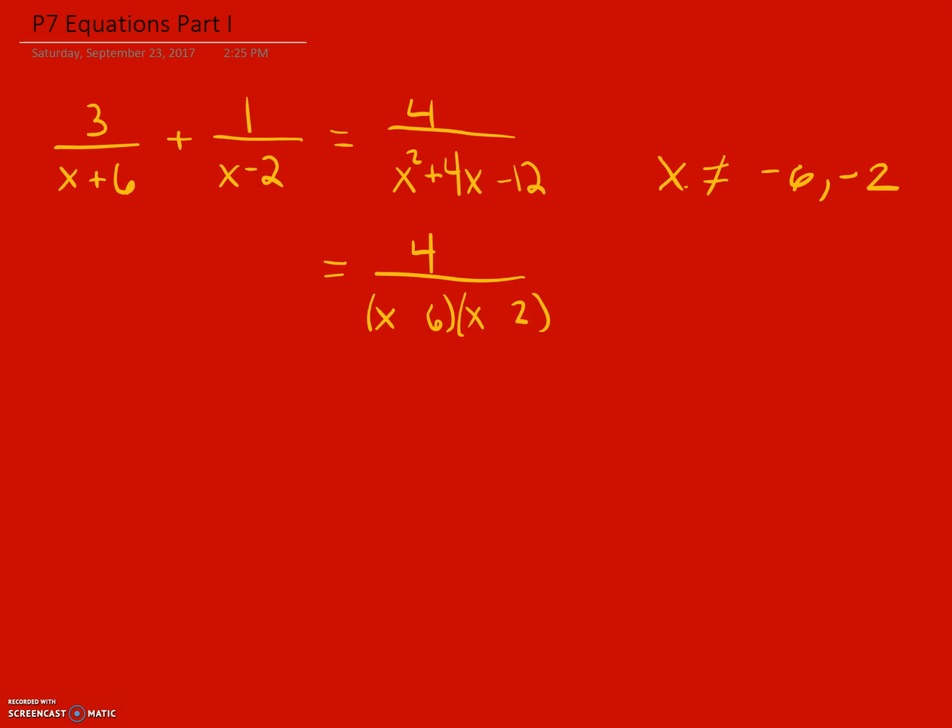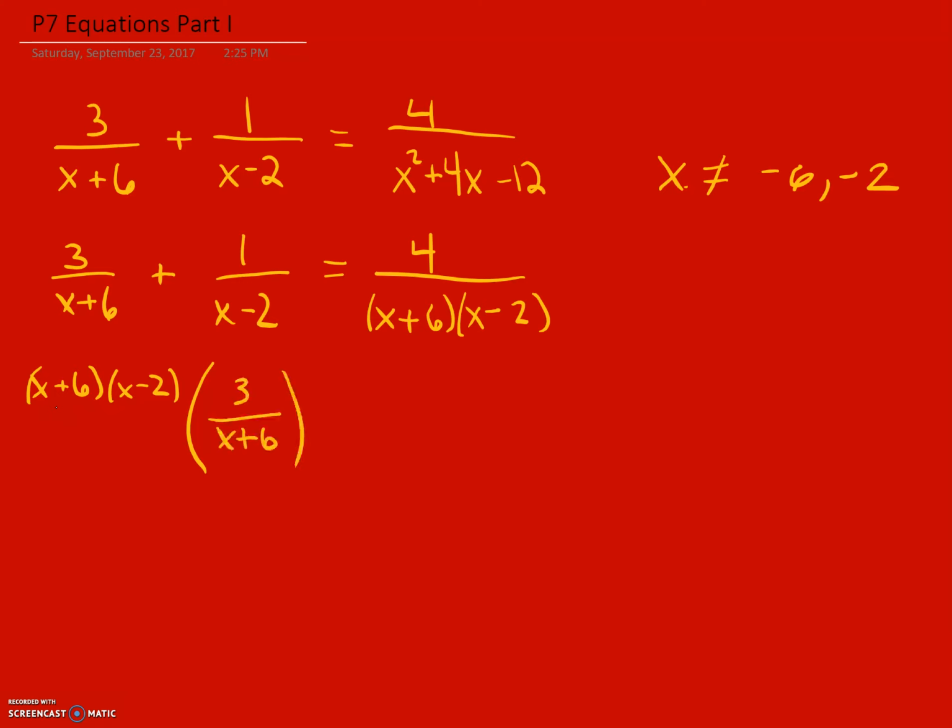6 and 2 factors, that's a positive, that's negative, which is nice in this case because we have something on the left that's going to need parts of that. So this should be just like rational expressions, except it's an equation. So we want to be able to figure out what needs to go where. So we know the least common denominator is (x plus 6) times (x minus 2). So all of that needs to be distributed here,